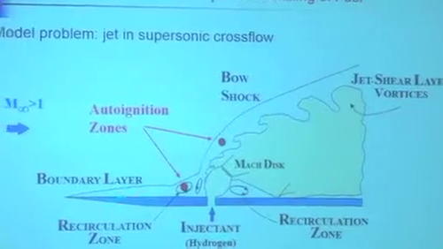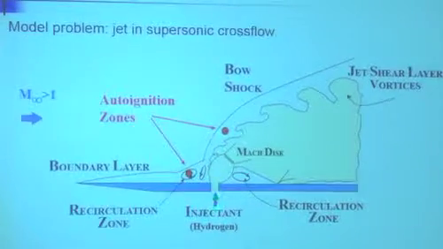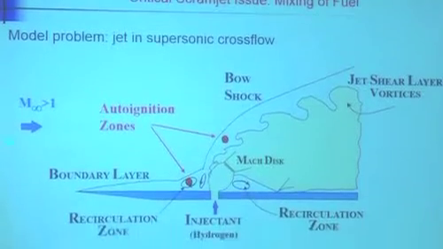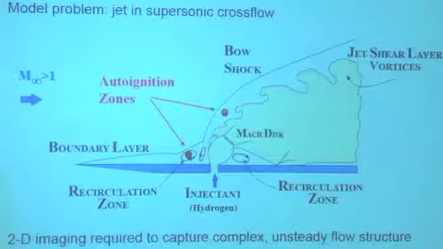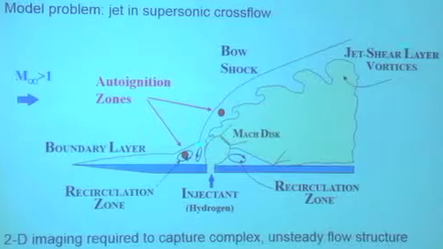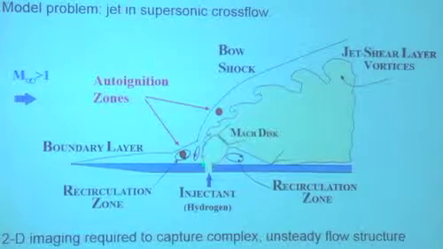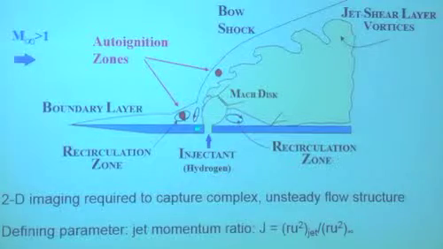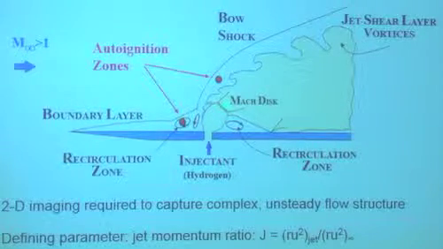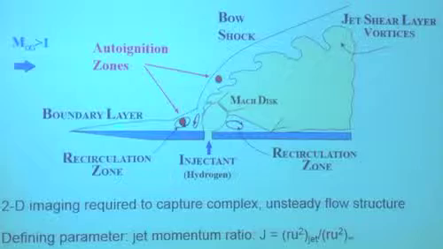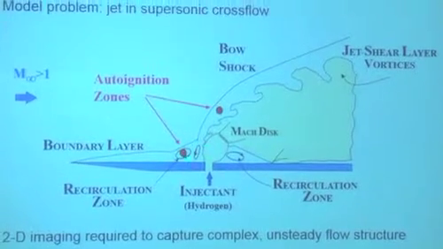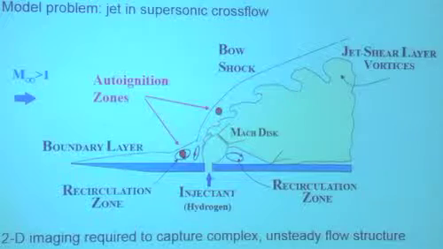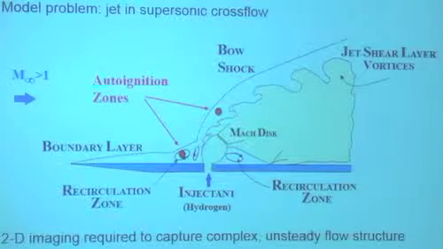So you have a flat plate, you have a jet of fuel, say hydrogen, and you have a high-speed flow coming across, supersonic flow, and if it's hot enough, you'll get some ignition somewhere in here, and you get burning for this hydrogen jet. You'll also see, if you look closely, this Mach jet, because this is an underexpanded jet of hydrogen. You'll see boundary layer here, you'll see a recirculation zone in here and here, some sort of a bow shock, and then you'll see some mixing going on here at the interface between the oncoming air and